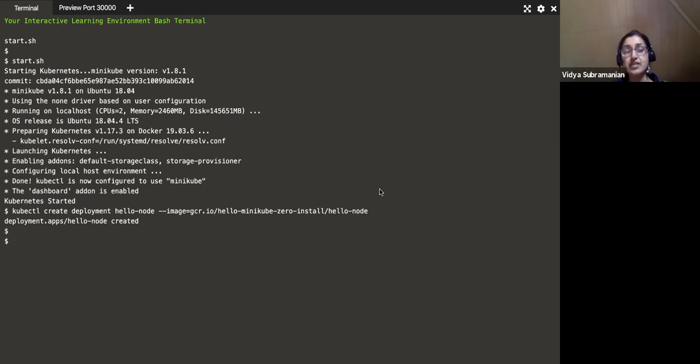So if you see, the command here is kubectl create deployment for the Node.js hello world that we had created.